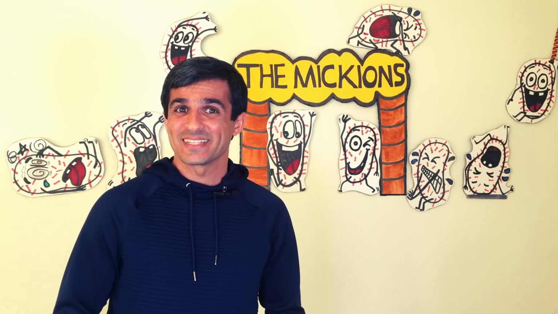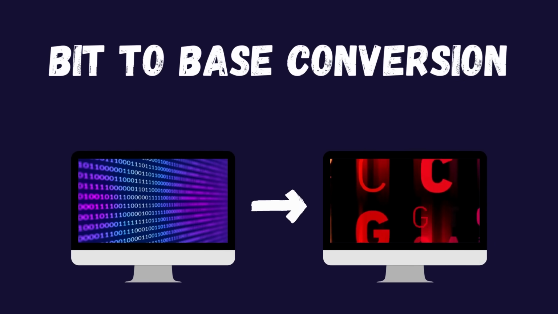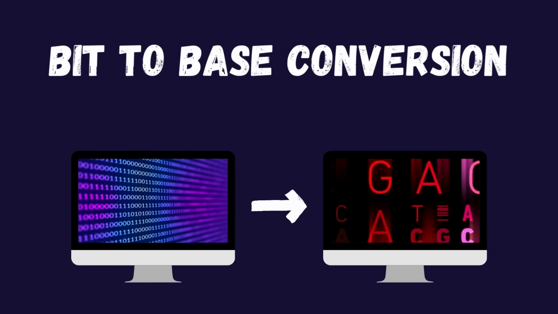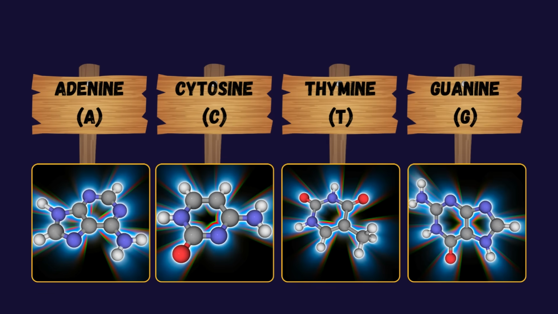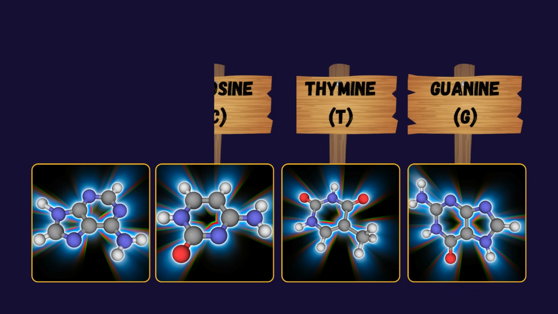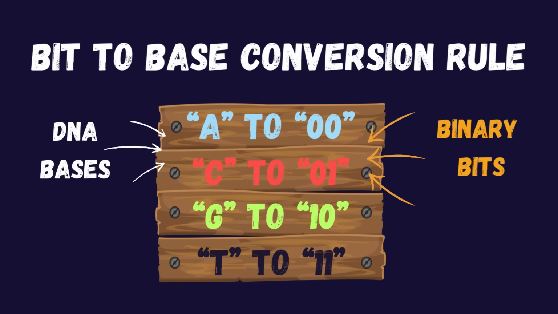Let's see how you can actually store your data on a DNA molecule. The first step is to convert your binary data that contains zeros and ones to a sequence of bases that are building blocks of the DNA. These bases include adenine, cytosine, thymine, and guanine that each map to a binary representative. Several mapping methods exist. For example, let's say A gets 00, C gets 01, G gets 10, and finally T